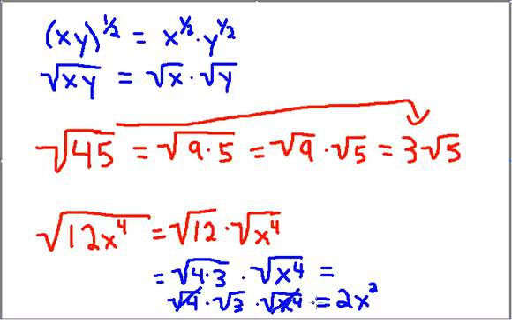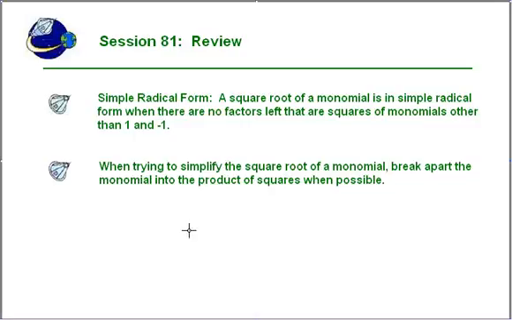That takes care of that one. And then we're multiplying it by radical 3. Radical 3 cannot be simplified any further. So then the square root of 12x to the fourth in simplified format is going to be 2x squared times radical 3. And then as a quick review, simple radical form,